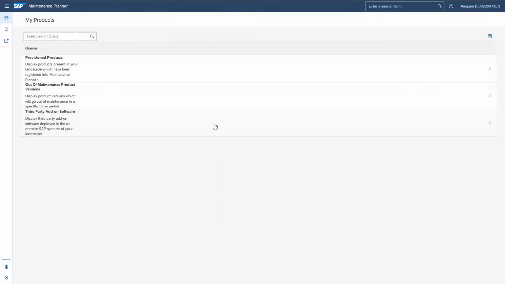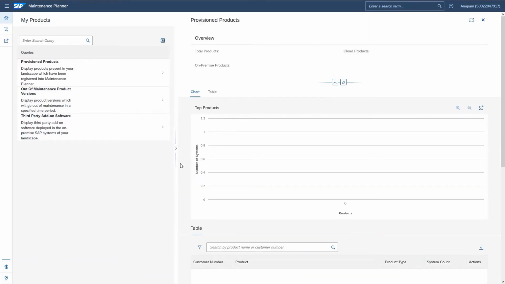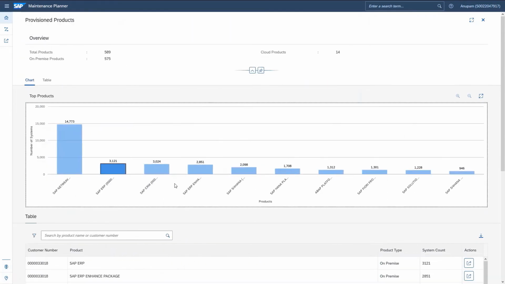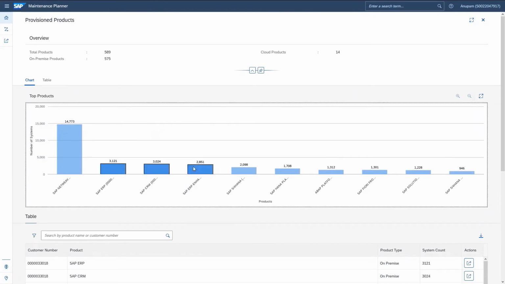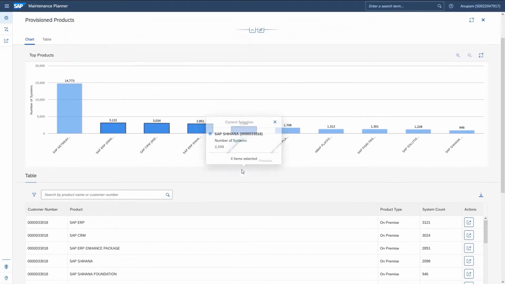With product analytics capabilities, you can get a comprehensive overview of your landscape. So when I click on the provision product, it gives me a list of all products installed in my landscape. It shows a chart view. In the chart view, I can get quick information. For example, I can see the number of systems and so on. I can search for a product that I'm interested